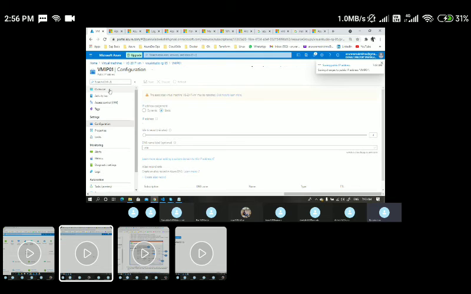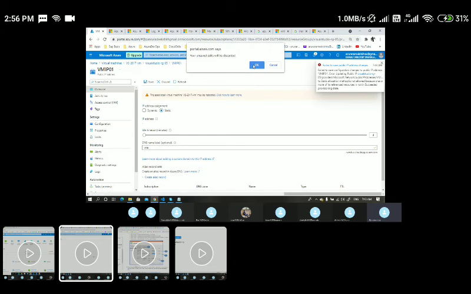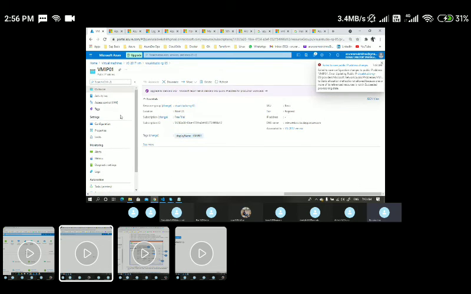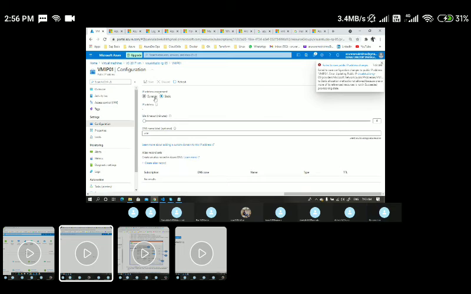I'll make it static. And if I go to the overview page, okay, so maybe it failed to configure changes, public IP, VM updating it. Okay, because it is already attached to the VM, that is the reason. Okay, it is not giving some error.